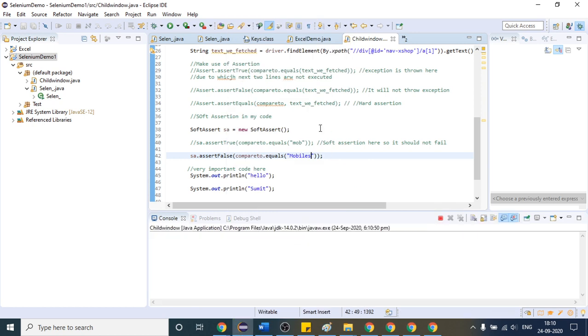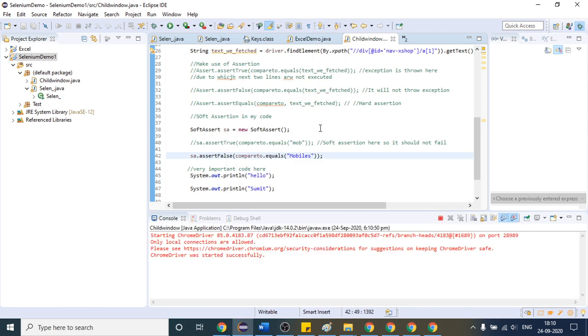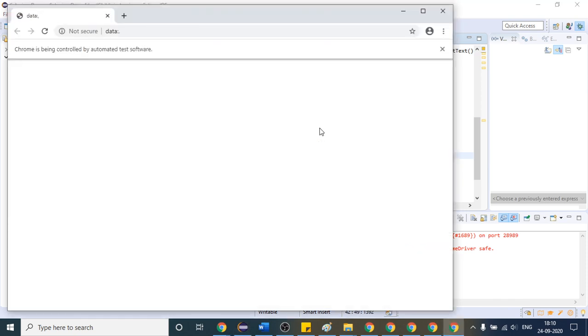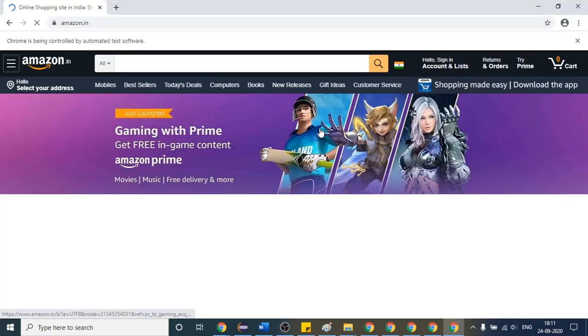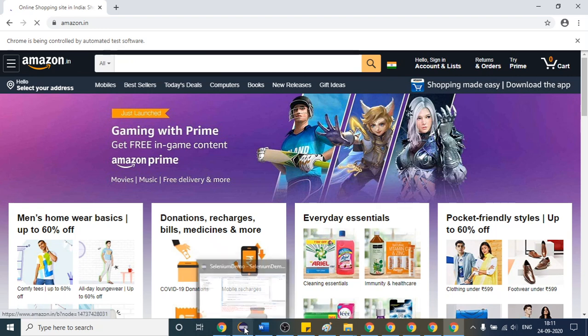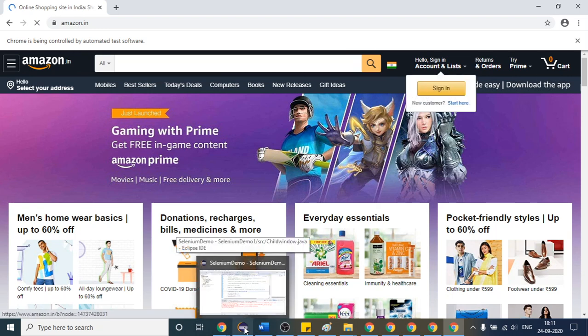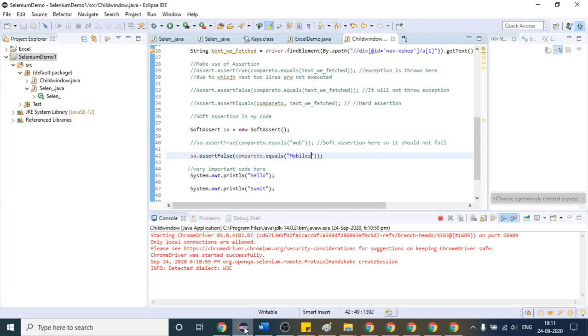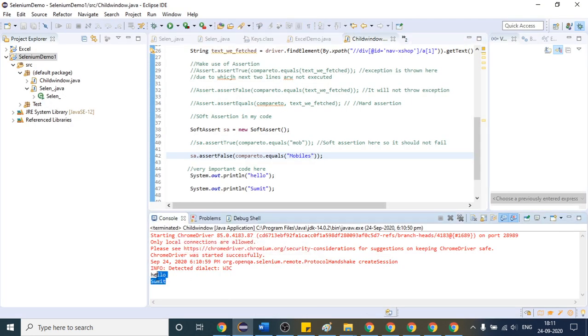If I run this, it has opened again. You can see still it is not failing, as it is soft assertion. So this is one thing.